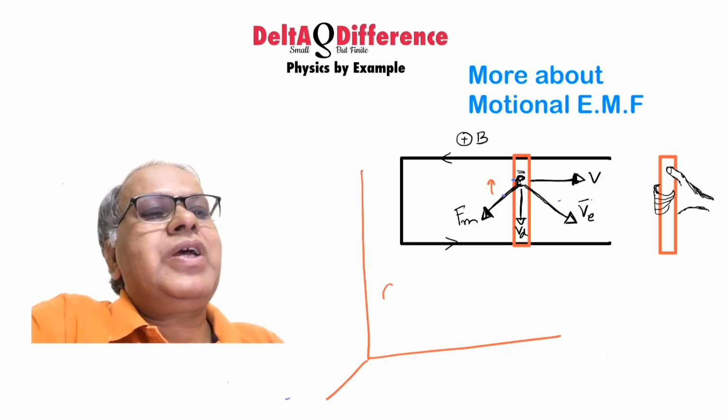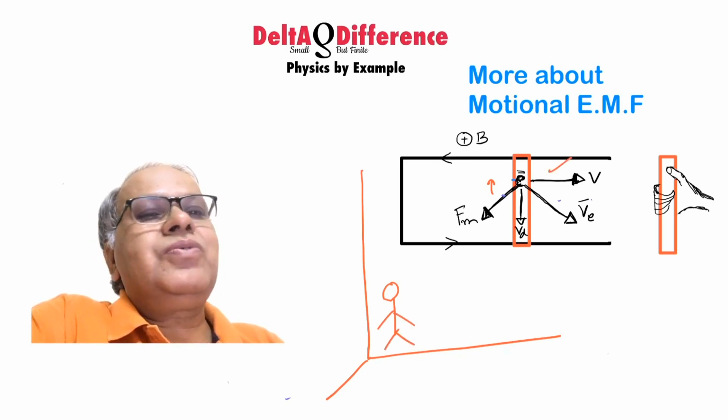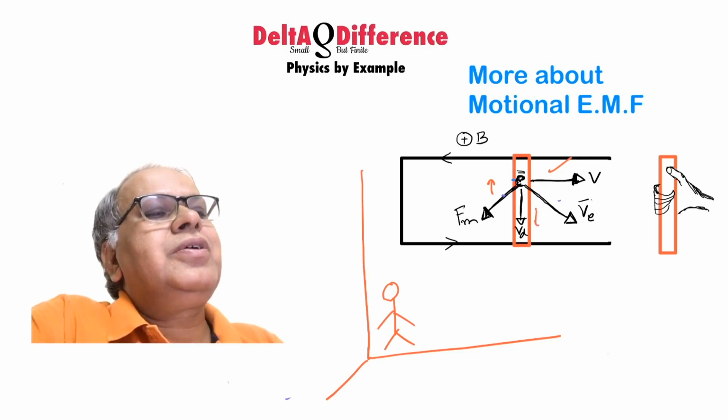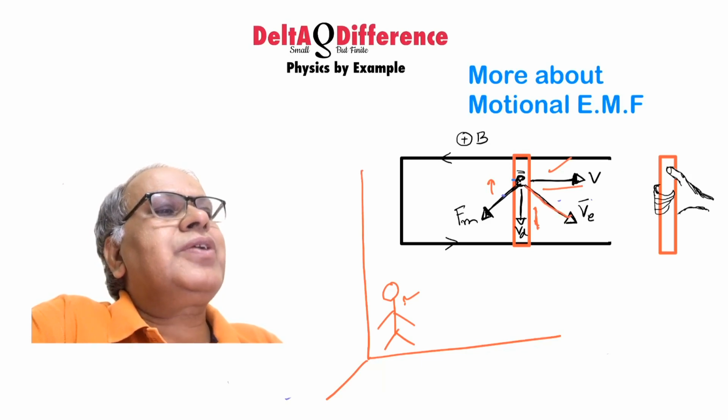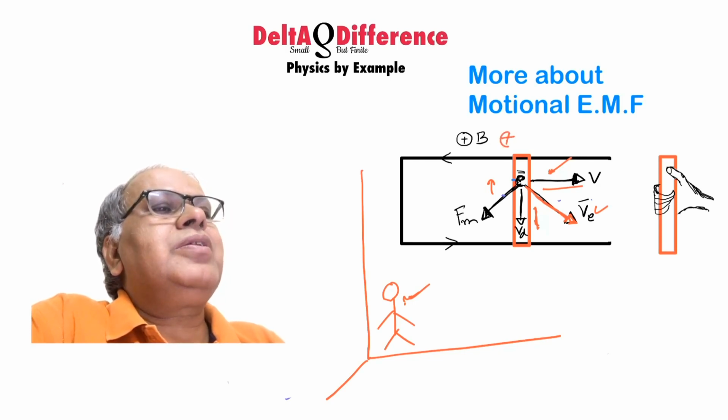So when I look from outside, the electron has two speeds. One, the speed of the rod, the other its own drift speed in the rod. So for this person, electron neither moves this way nor moves this way. It actually moves in the resultant direction. As a result of the rod's motion, it is somewhere here, and as a result of its own motion inside the rod it is downwards. So for him it appears to be moving this way, for the person standing here. Now if the electron has a velocity like this, the magnetic field which is into the plane should apply a force like this.